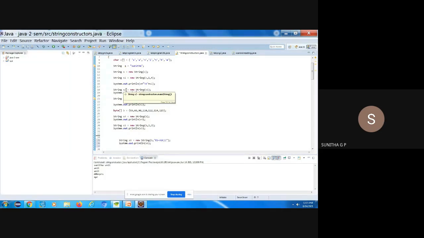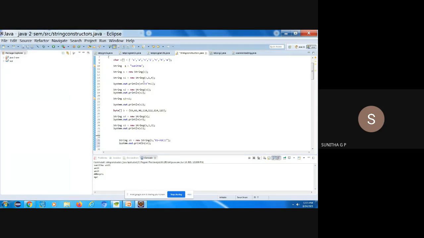Okay, so this is what I have given as explanation in the slides. So you have to write that syntax, you have to write those two statements, and this you have to give as an example. Okay, for all the string constructors, this is what you have to follow: the syntax, then the explanation and the example. No need to write the complete program. Okay, this is how you have to do. Okay, any doubt regarding this?